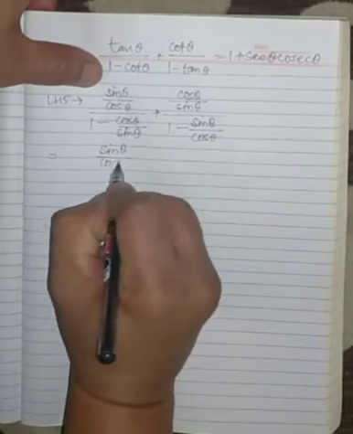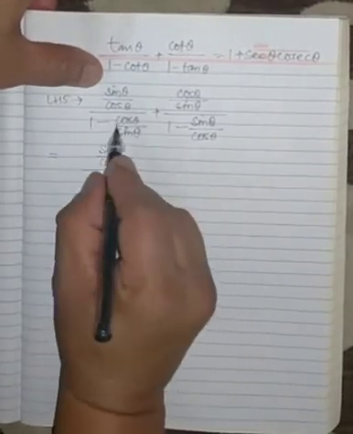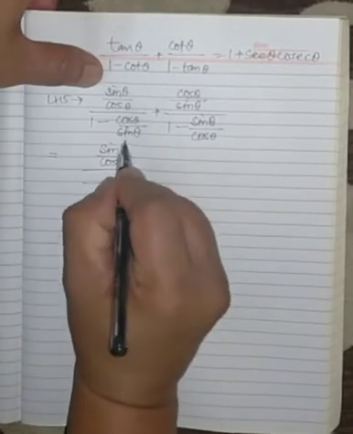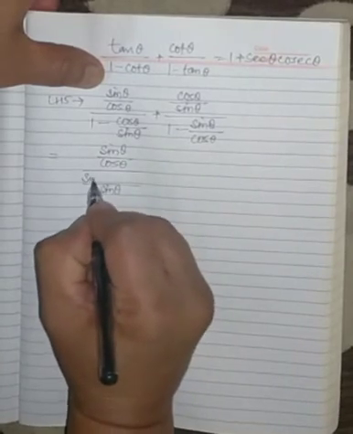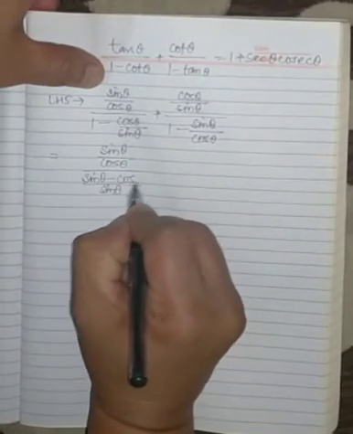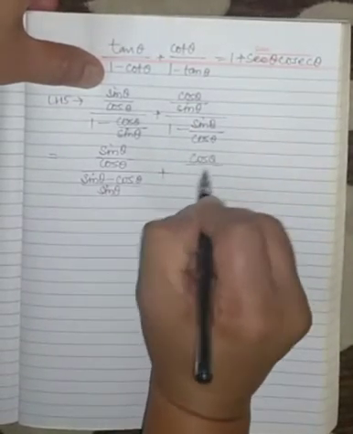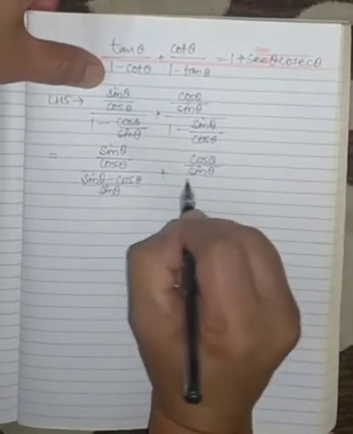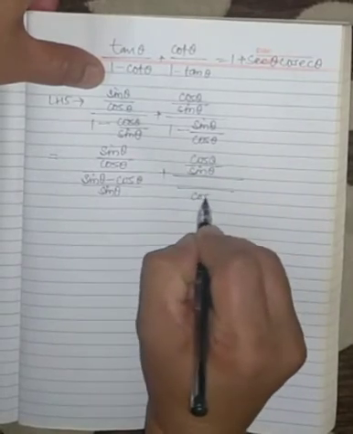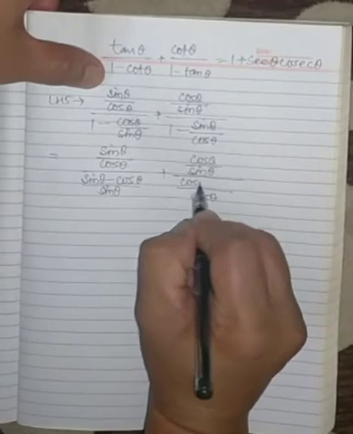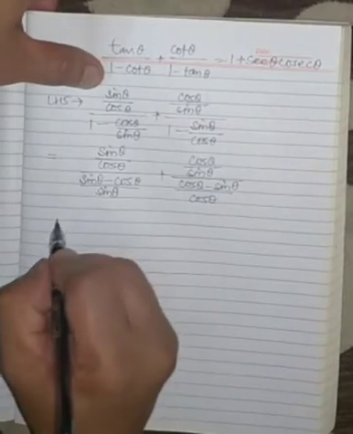sine theta upon cos theta as it is, and taking the LCM for the denominator part. So the LCM will be sine theta and this will become sine theta minus cos theta plus this part cos theta upon sine theta as it is, and taking LCM here in denominator part, the LCM will be cos theta. It is cos theta minus sine theta, that is equal to